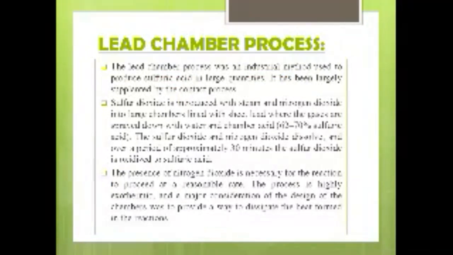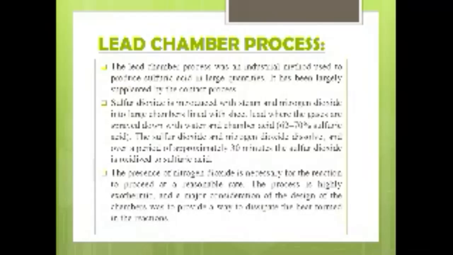So the second process is the lead chamber process. The lead chamber process was an industrial method used to produce sulfuric acid in large quantities. It has been largely supplanted by the contact process. So sulfur dioxide is introduced with steam and nitrogen dioxide into large chambers lined with sheet lead, where the gases